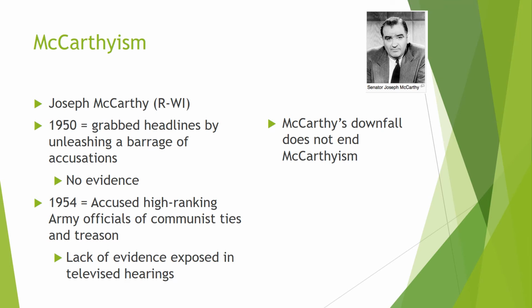But usually when we talk about the Red Scare of the 1950s, the name that you cannot avoid is Joseph McCarthy. Joseph McCarthy was a senator from Wisconsin, and he was really looking to make a name for himself. In 1950, he grabbed headlines when he made a speech at a Republican women's meeting in West Virginia, of all places,